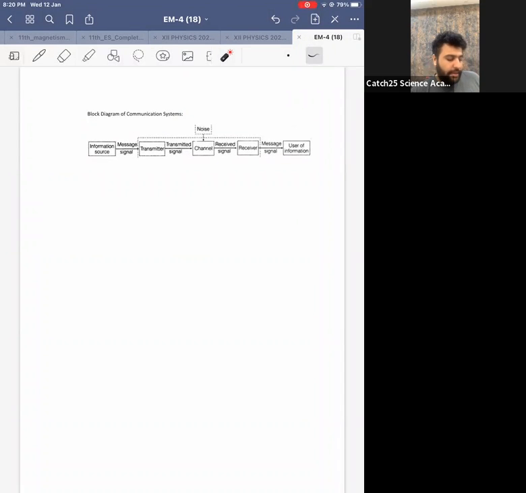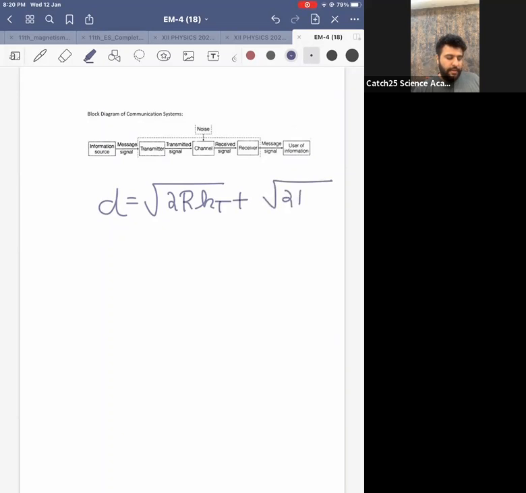in your notebook. In case 2 heights are given in the question, then the total distance covered by an antenna is given by the formula D is equal to square root of 2RHT plus square root of 2RHR,